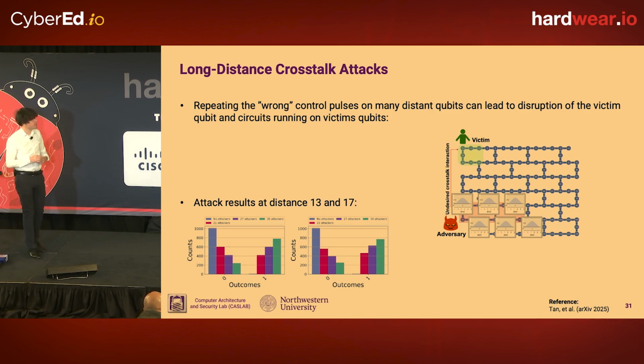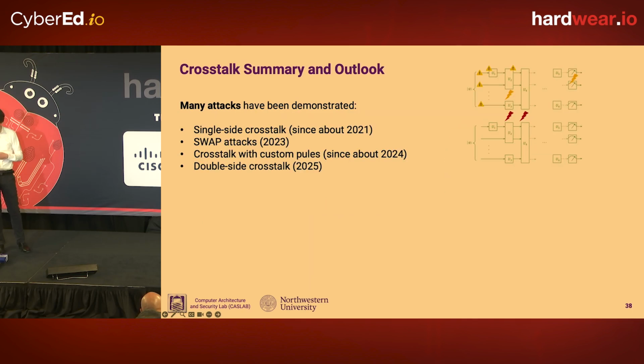So maybe a takeaway message is that if you're able to collocate an attacker and victim on the same quantum chip, by driving a bunch of CNOT gates to create noise, or by driving your qubits with the wrong frequencies, you can disrupt the computation of the victim and basically get them to be in a wrong state. So maybe I'm jumping to the summary. I'm happy to take questions and have some backup slides.